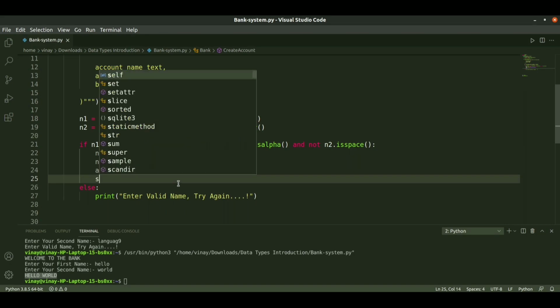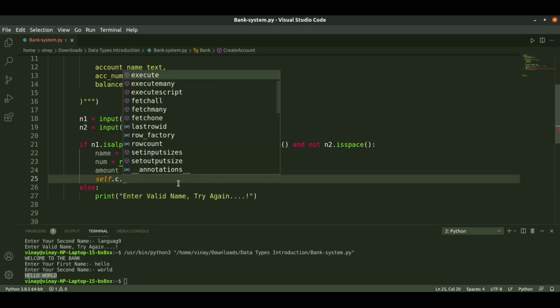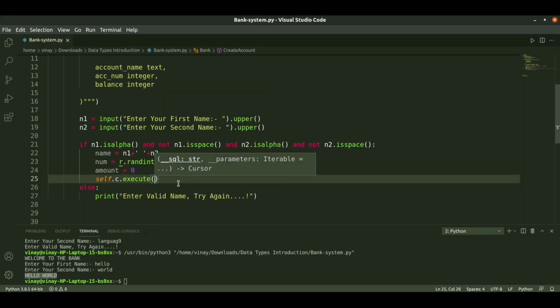So for this we need to invoke the cursor, self.c.execute, and we will insert.